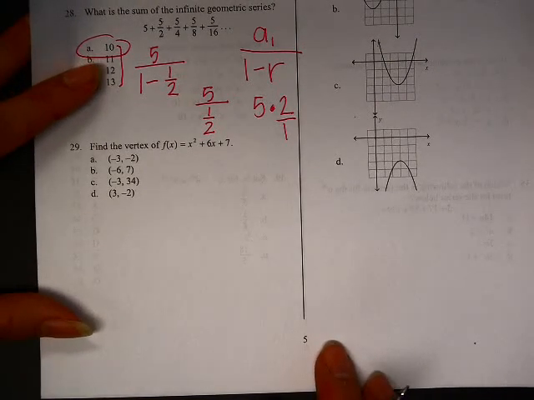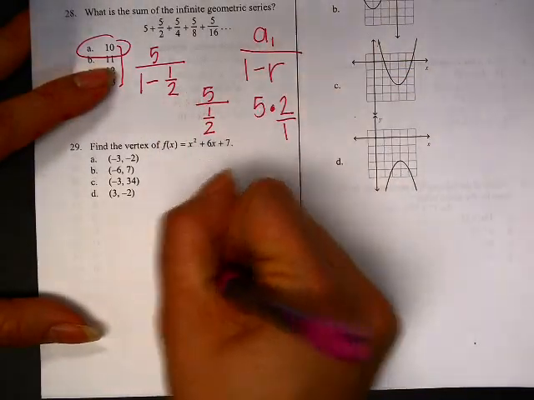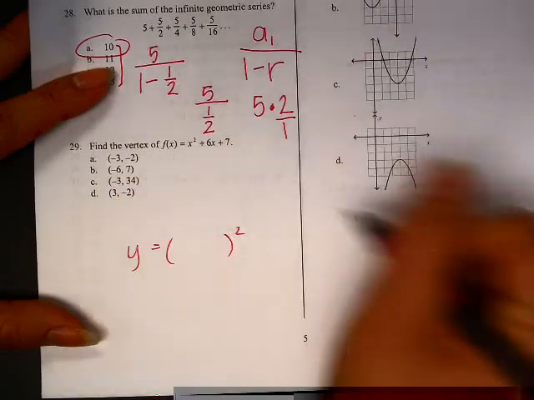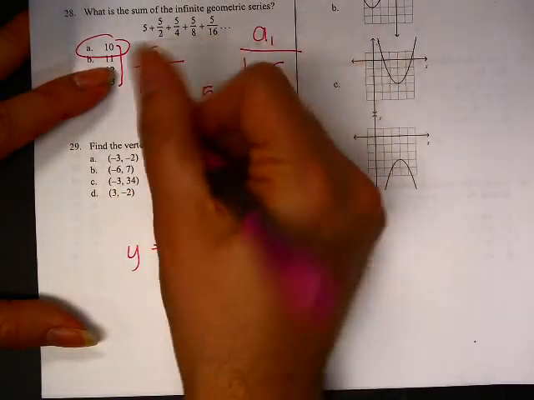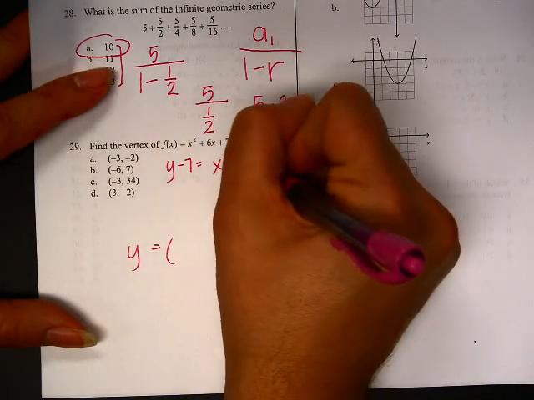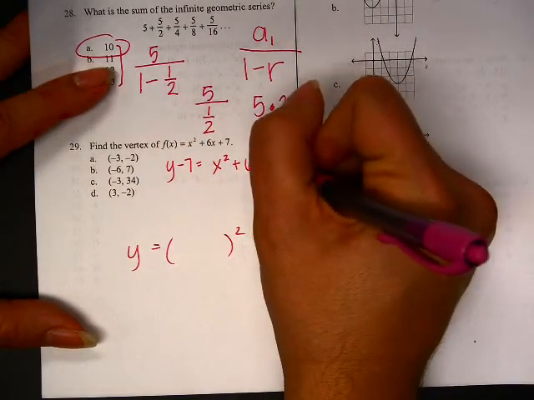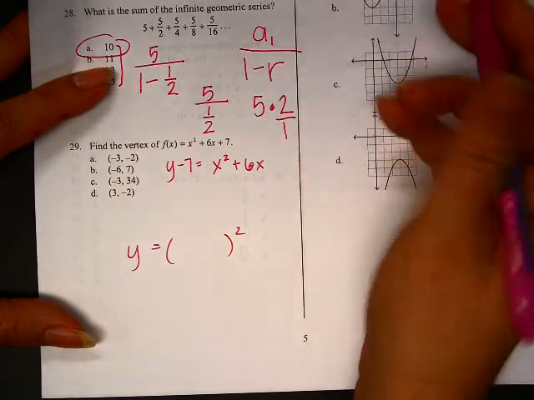29. You want to find the vertex. Well, to find the vertex means you have to put it into graphing form, so you're going to have something sort of like that when you're done. Which means we need to, I'm just going to put y instead of f of x because it's easier. I need to move the 7 because it's in the way and I don't like it. Then I'm going to divide this by 2, this little dude here by 2, and square it, which would be